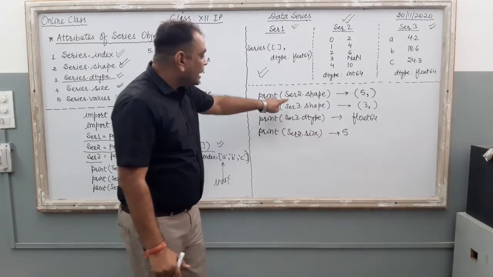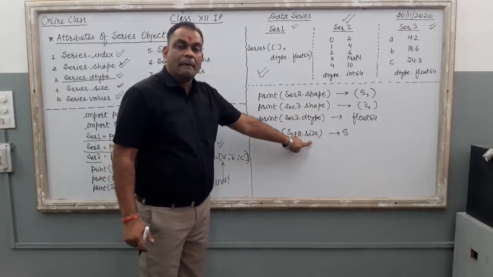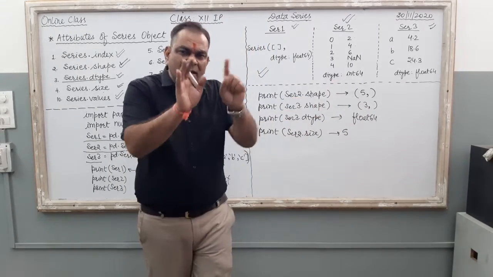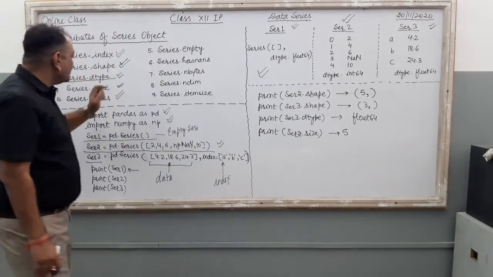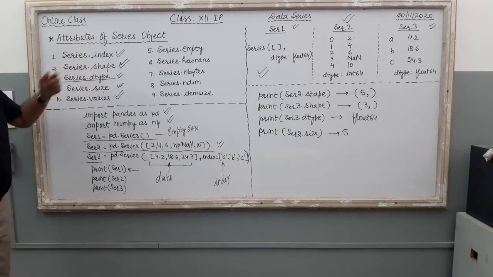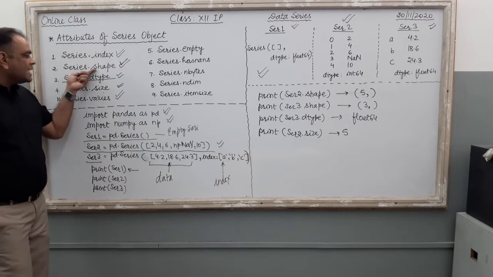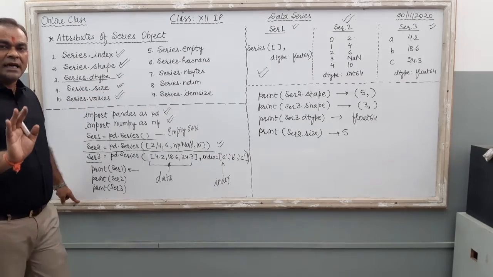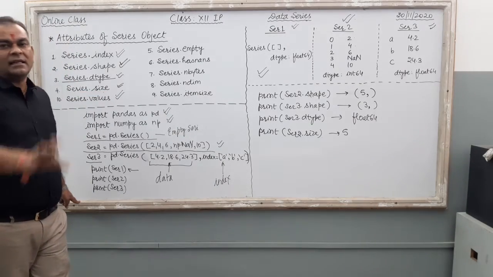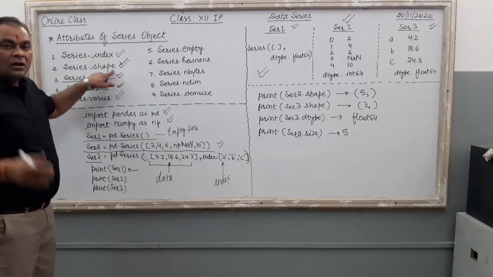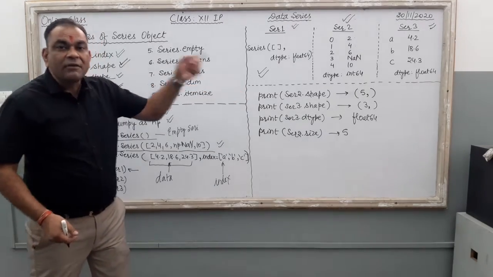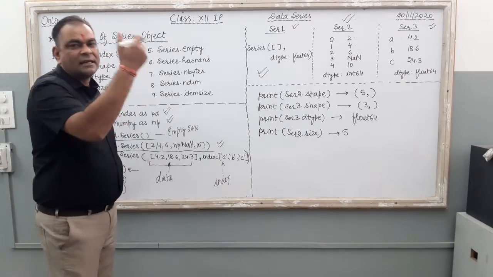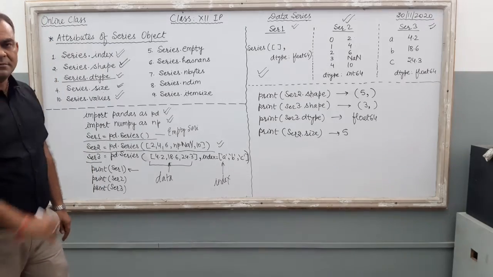Clear? In the same way, if you apply ser3.size, what will be generated? Single 3 only. Right? Only 3, not in the tuple formation. So it is the size attribute of the series. Generally, shape and size both do the same thing. Both calculate the series object. Both count the data items that are there in the series. The shape attribute shows the output in the tuple format, whereas the size attribute shows the output as a constant in digit format. This is the only difference.